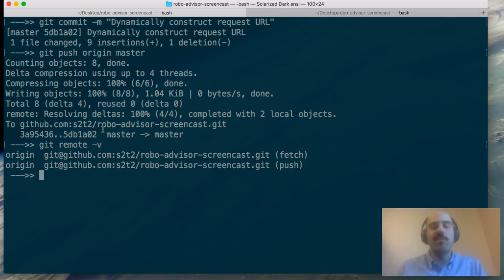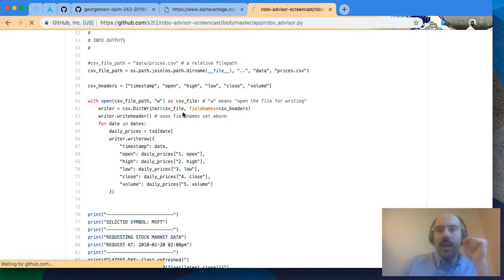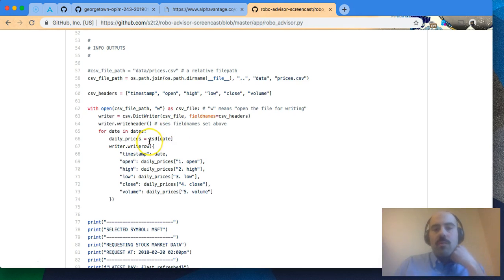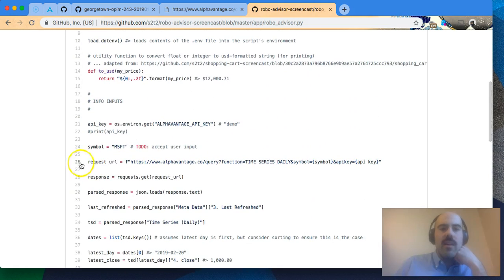Anyway, that was just a little more git from the command line, and importantly, when I refresh my script on my remote repository, I see the changes reflected there, and this is looking good. Hopefully enough to get the scarier parts of this project to kind of give you some context about them, and